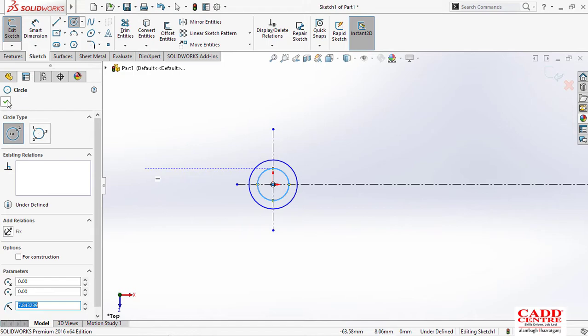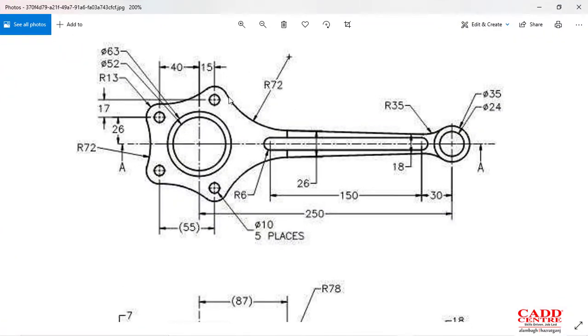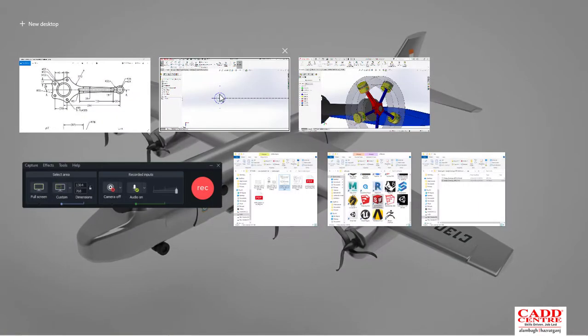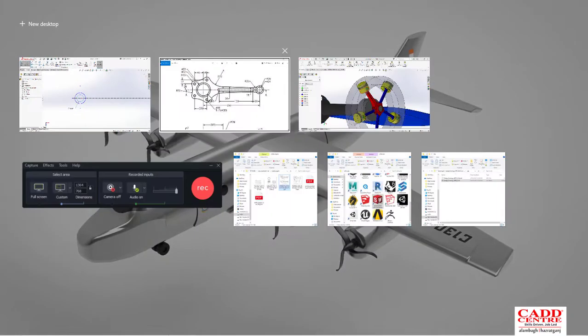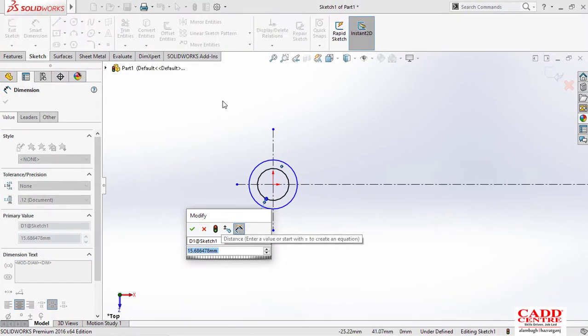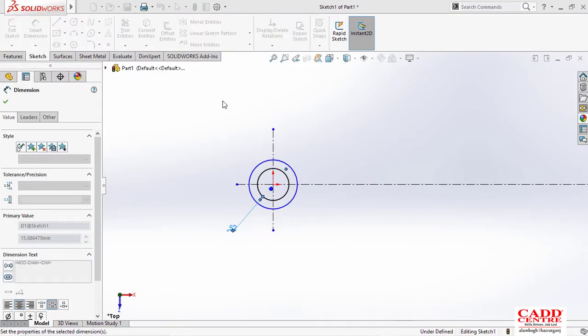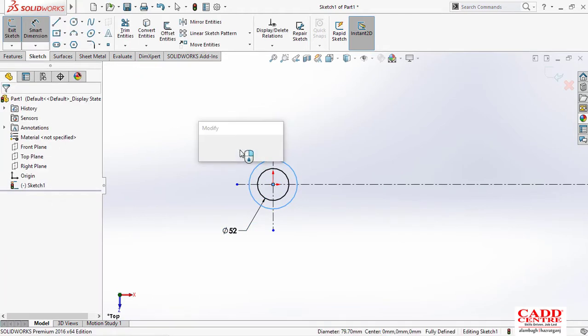First we will give the diameter. The respective diameter for that circle is 52 for the inner diameter, and the outer diameter will be 63. So I'll give the inner diameter as 52, and the outer diameter will be 63 as mentioned in the problem.